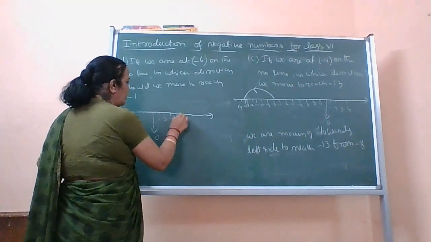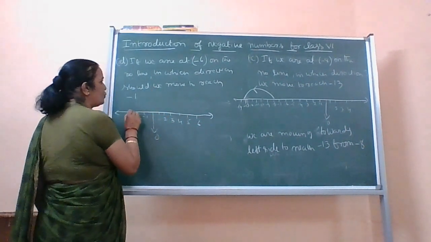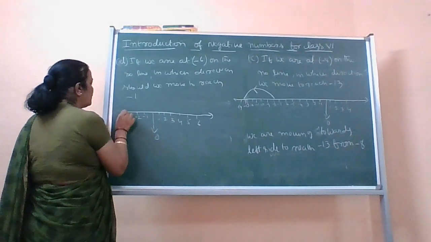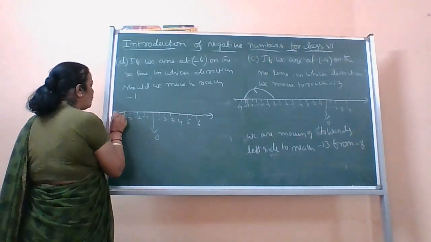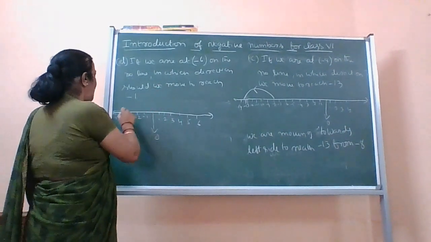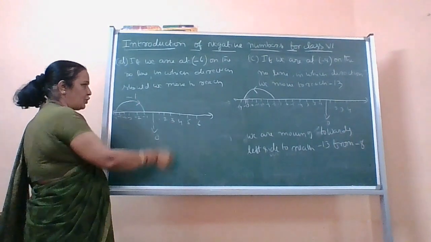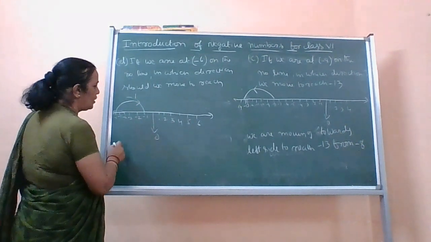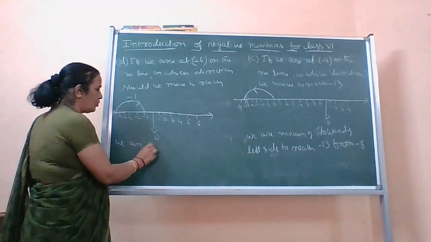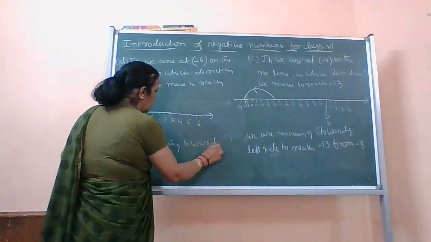1, 2, 3, 4, 5, 6, and this side -1, -2, and -3, -4. We need some more numbers, -5 and -6. We are starting from -6 and we are going towards this side. That means the arrow mark you have to show towards the right side. That means we are moving towards the right